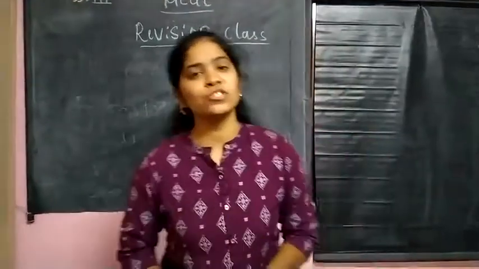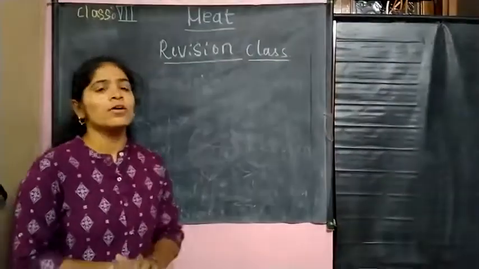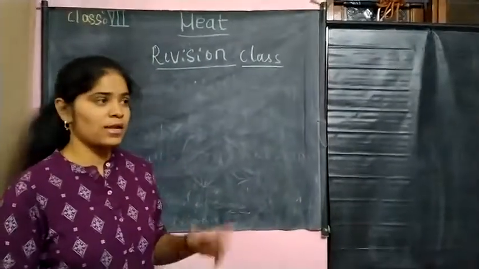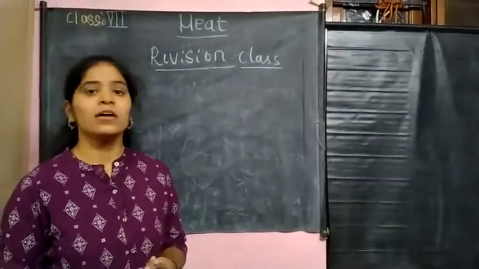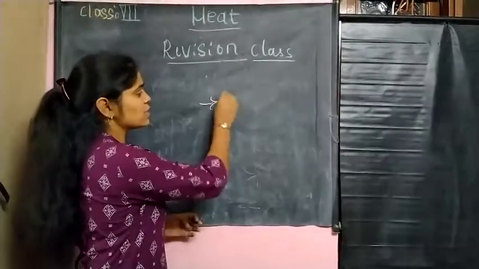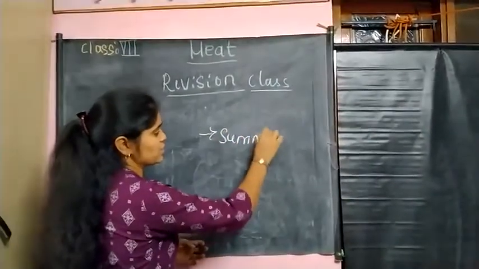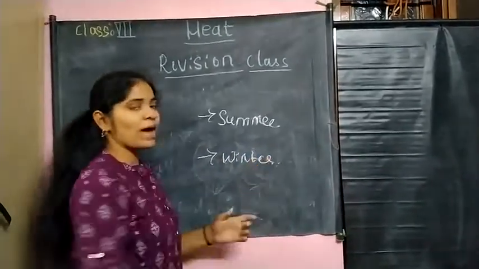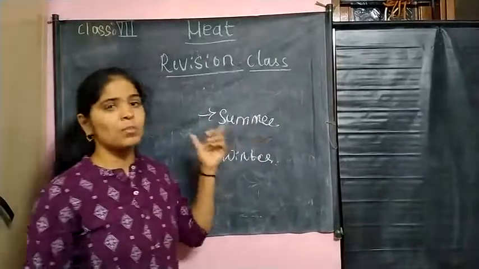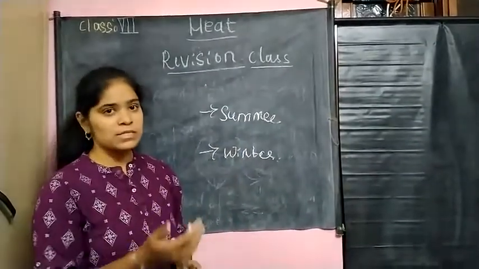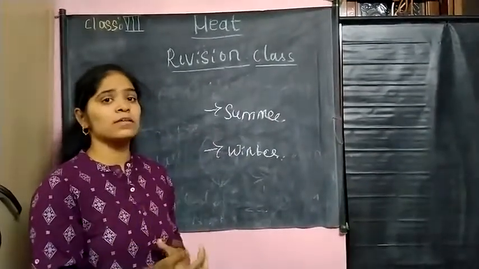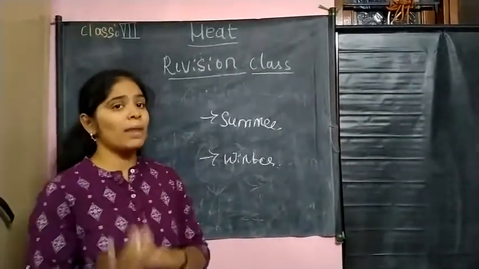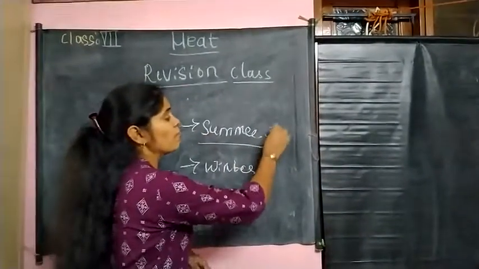The last concept of this lesson is which type of clothes we should wear in the seasons. Okay, there are three main seasons: summer, winter, and rainy season. So in the summer season, we should prefer light color dresses, and in winter we prefer dark color dresses. So why? Because in the summer season, more heat is emitted by the sun, and that will be absorbed by darker clothes, and it will create hotness for a person. So we should wear white color dresses.